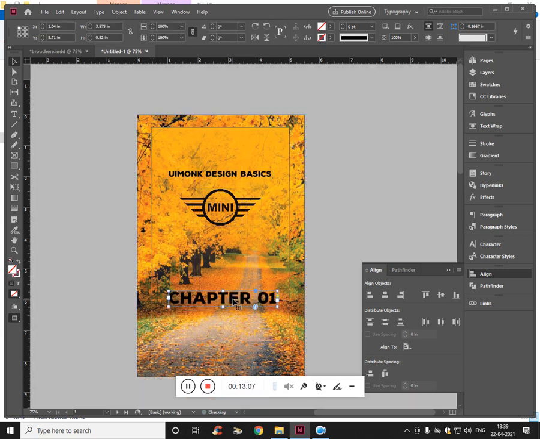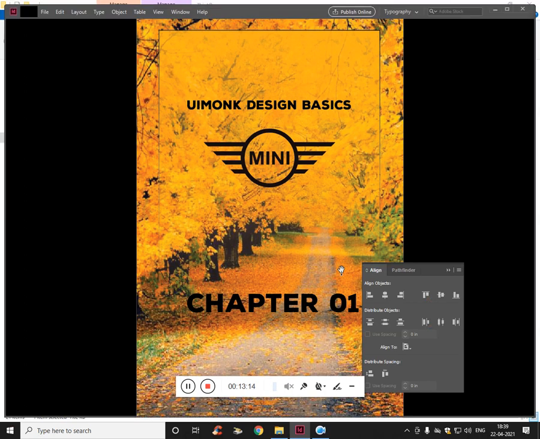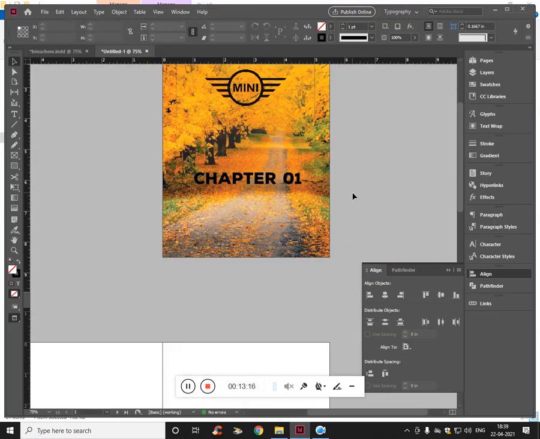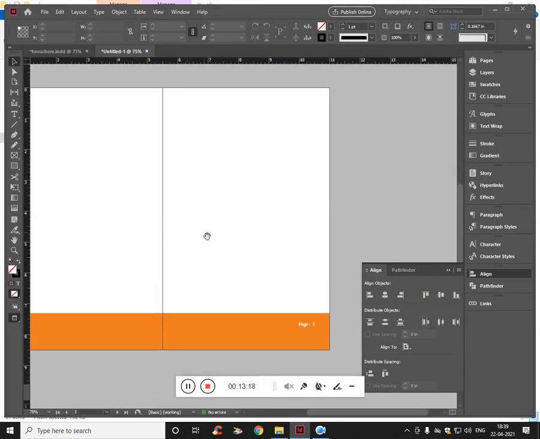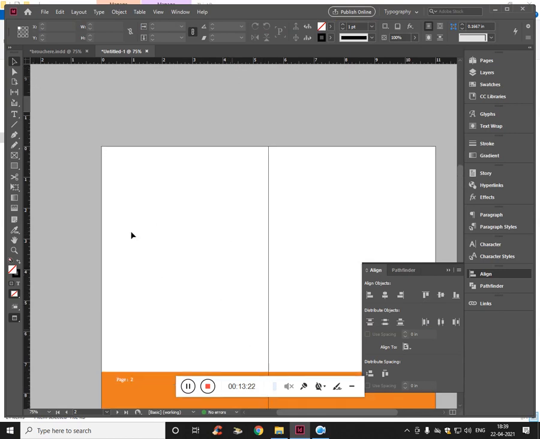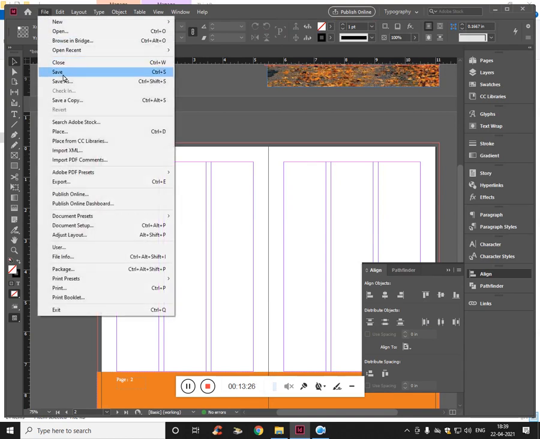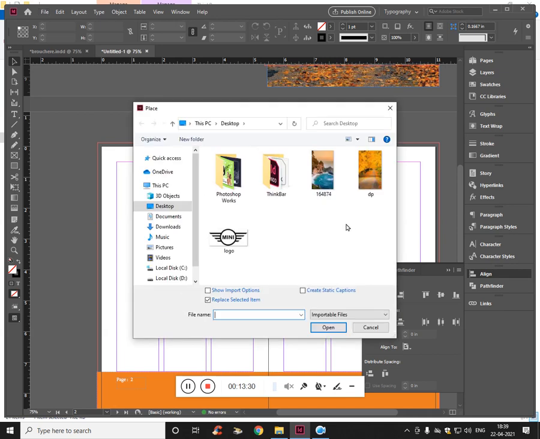So let's work on the second page. Again, click W, we need to add the image. So open, place, and now we are going to place this image. Start from the bleeding line and end all the way to the next page.